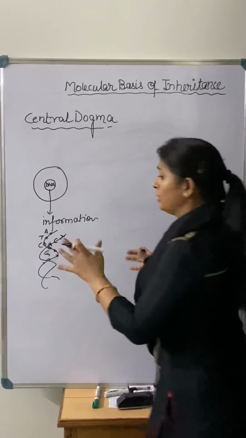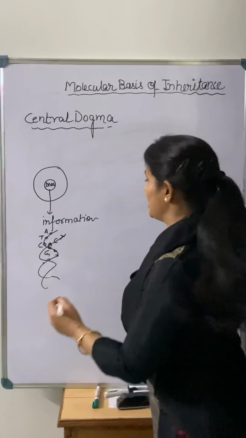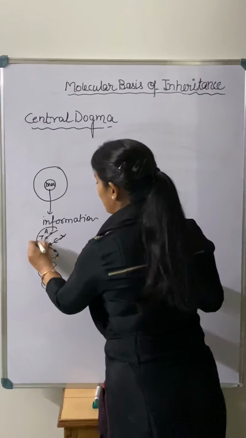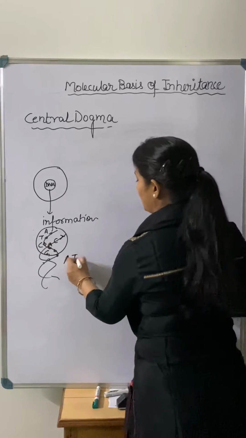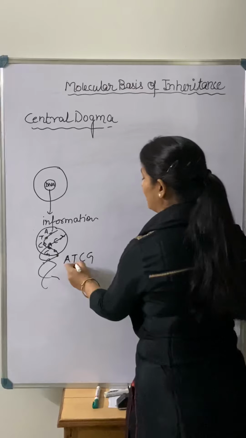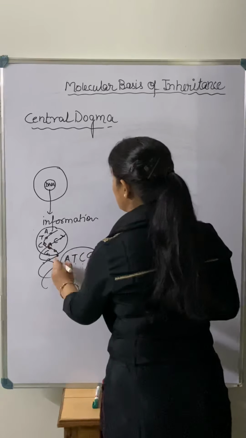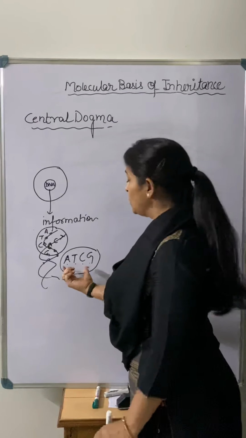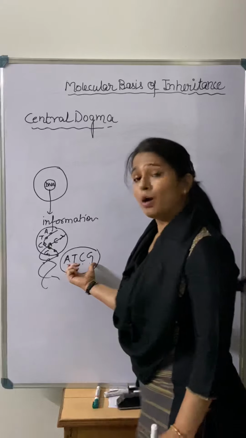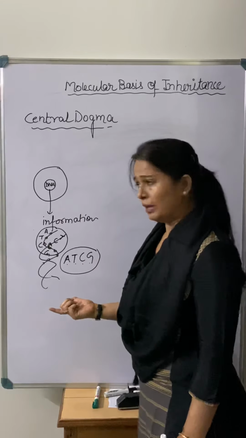Now all the information that is passing, meaning the stored information, where is it inside the DNA? It is in these 4 letters: A, T, G, C, meaning adenine, thymine, guanine, cytosine, right? So all the information stored in the DNA is in these 4 letters, and these 4 letters copy the information to another 4 letters, right?